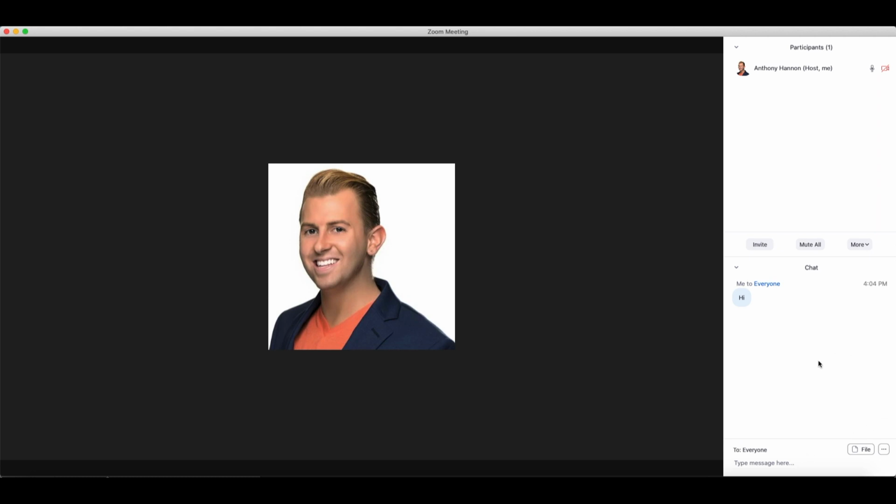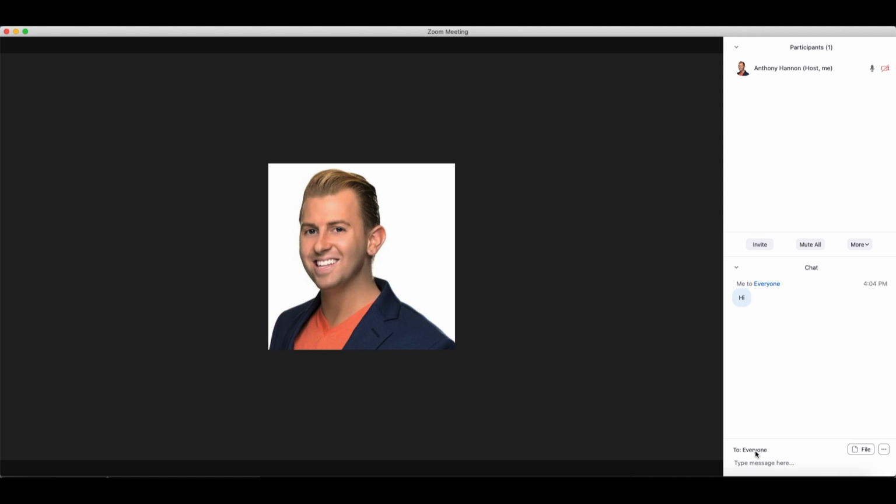But everyone in the meeting would see this. You just have to make sure that the "To" is set to everyone. If you want to chat privately with your classmates, you would find them on a drop-down list that would appear right here next to this "To," and it would say their name and "(Private)." If that's how you want to chat with people privately, you can, or you can chat with the whole class